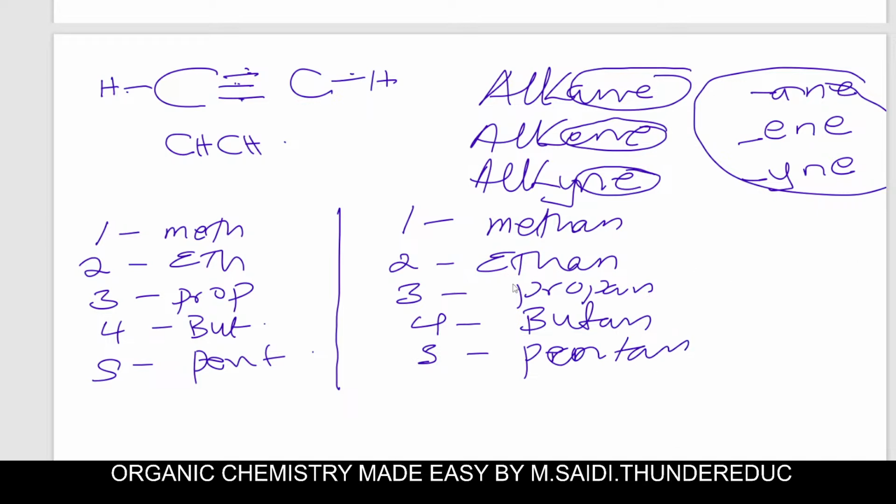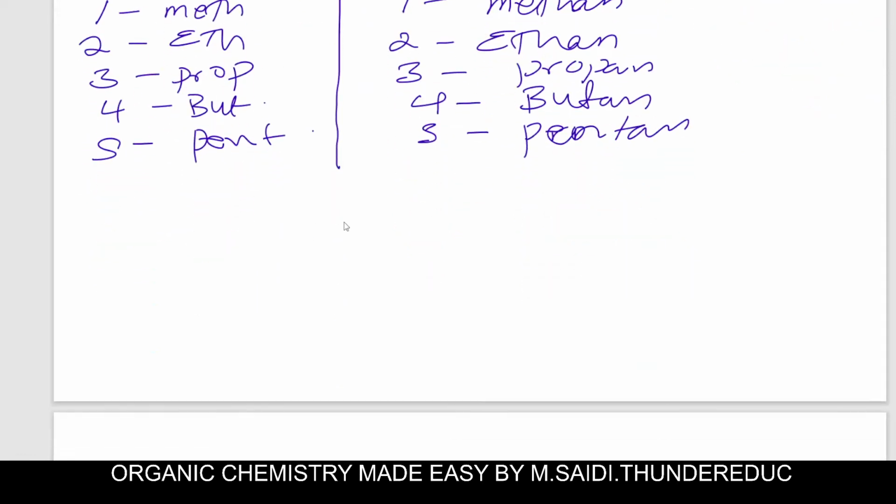So it means that when you are writing this, this belongs to alcohols, aldehydes,